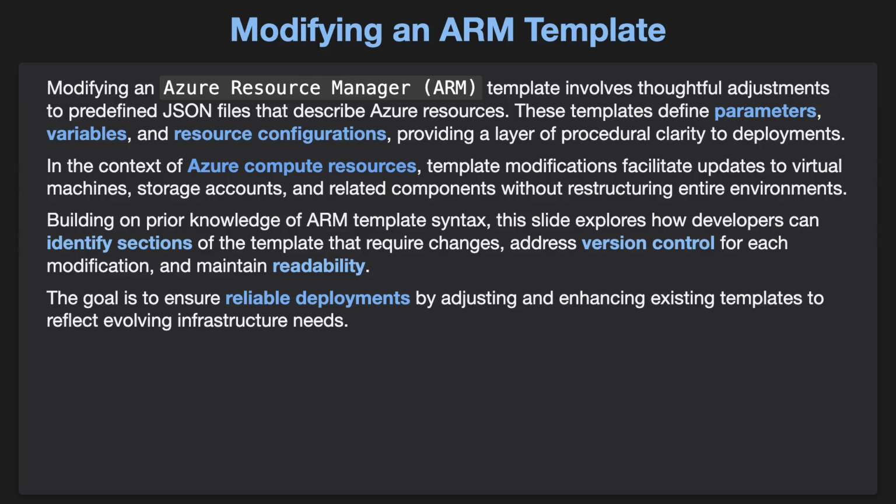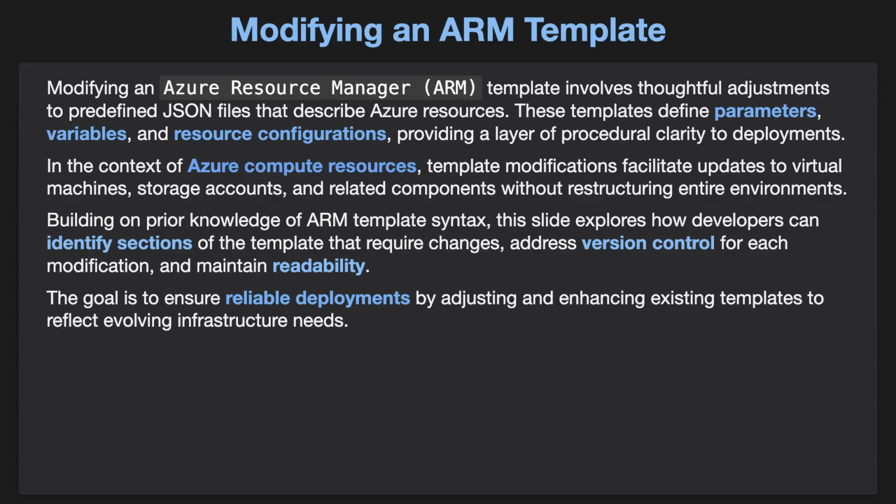Modifying an Azure Resource Manager (ARM) template involves thoughtful adjustments to predefined JSON files that describe Azure resources. These templates define parameters, variables, and resource configurations, providing a layer of procedural clarity to deployments. In the context of Azure Compute Resources, template modifications facilitate updates to virtual machines, storage accounts, and related components without